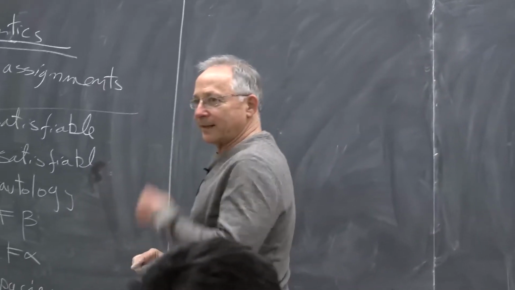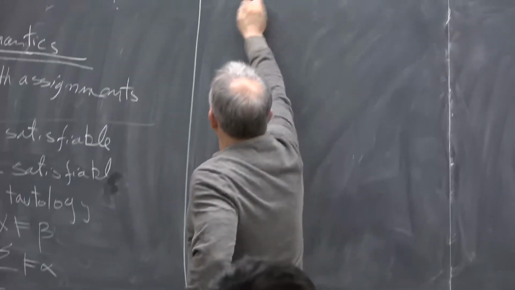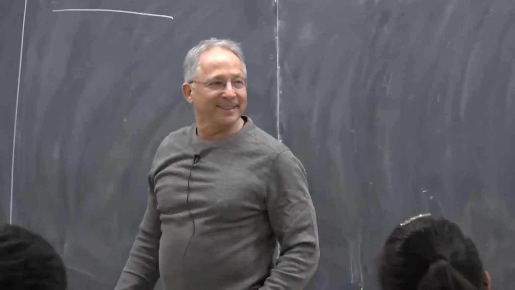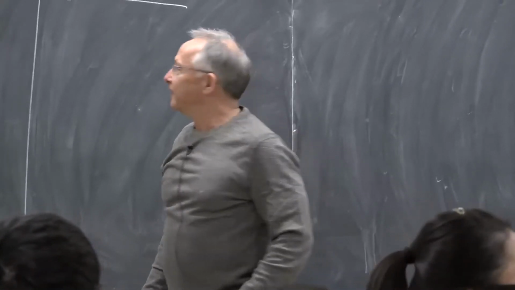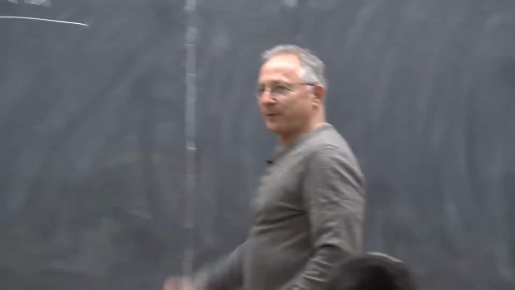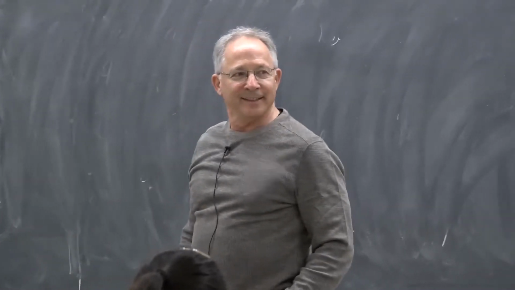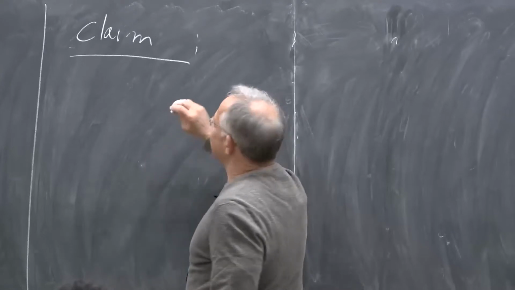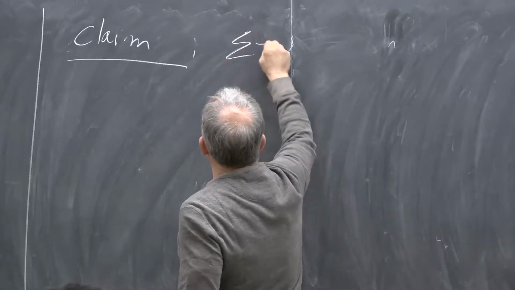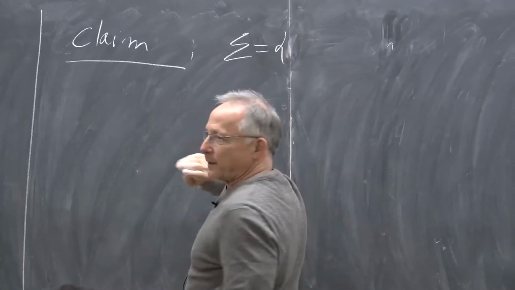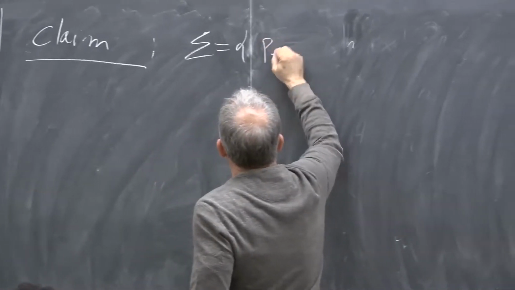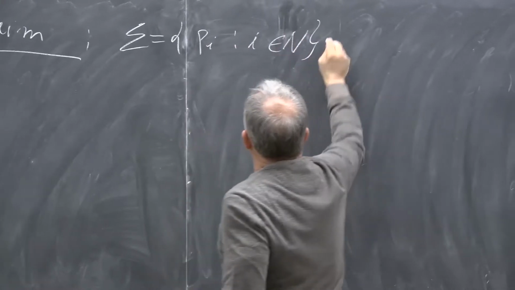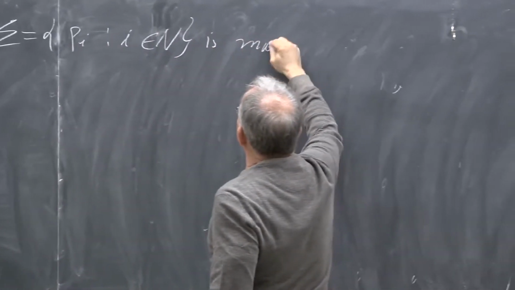Okay, so here is this nice claim. What's your name? Han? Okay, so Han had a very good sense here. I think it's an impressive guess. So if I take sigma to be the set of all propositional variables, the set of all p_i such that i is in N, is maximally consistent